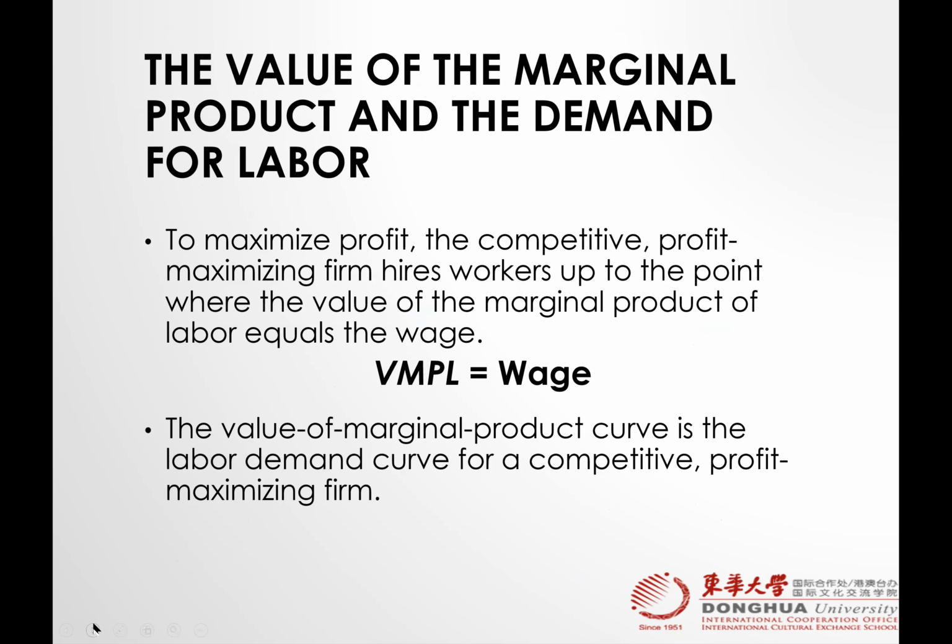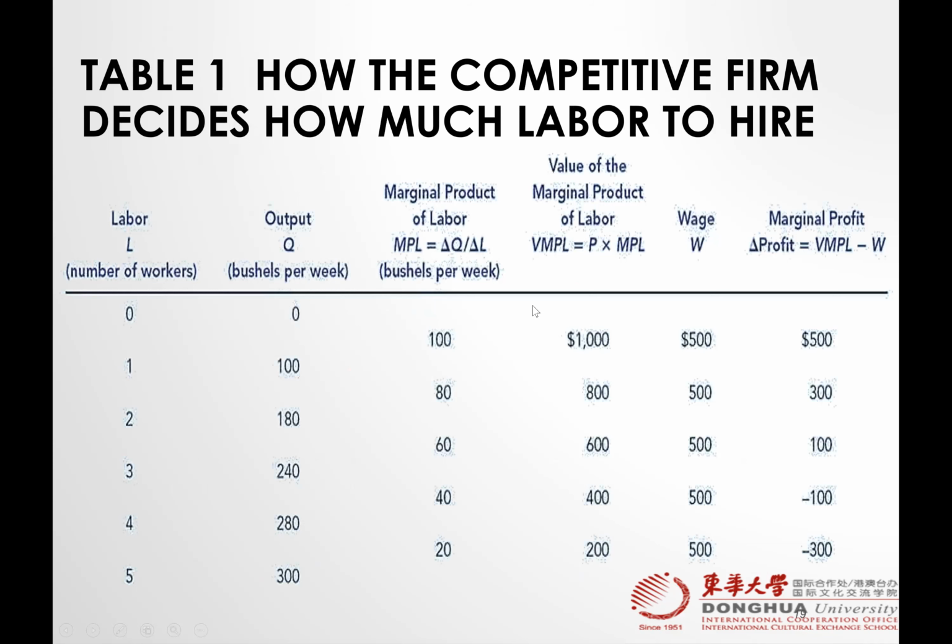So you can consider this is MR and this is the cost, which is MC. To maximize profit, the competitive profit maximizing firm hires workers up to the point where the value of the marginal product of labor equals the wages. It means the value of the marginal product curve is the labor demand curve for a competitive profit maximizing firm. Here we go. Now, from this table, you can